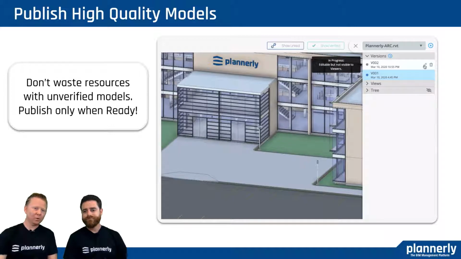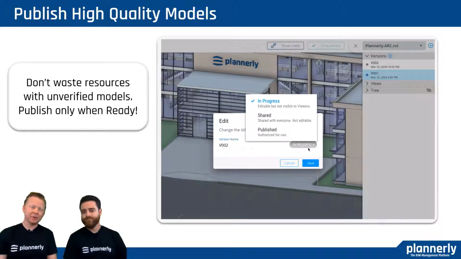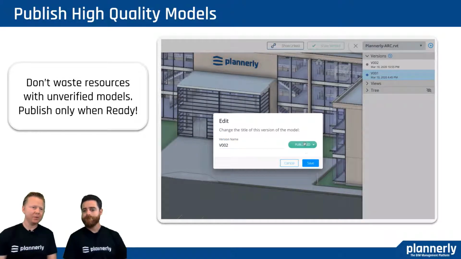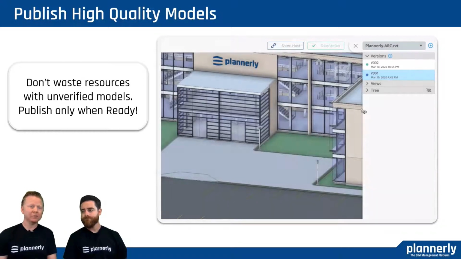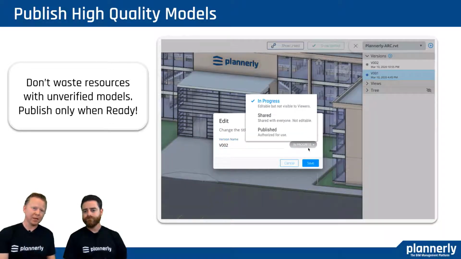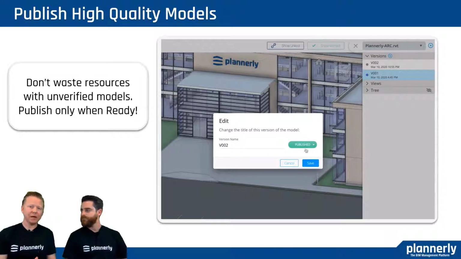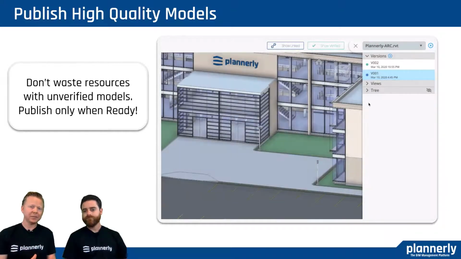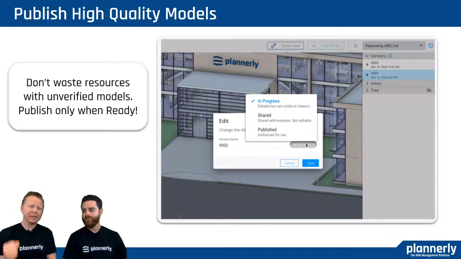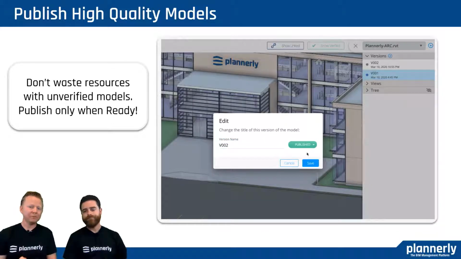And then we would not want to waste time of ours or our team members or other people around using deliverables with poor quality models. And so making sure that workflow of compliance, and we talked about the importance of compliance and the importance of having a very detailed but very clear and simple checklist, and then being able to go through these steps to validate that that has actually been adhered to before we publish the model is incredibly powerful and very, very important.